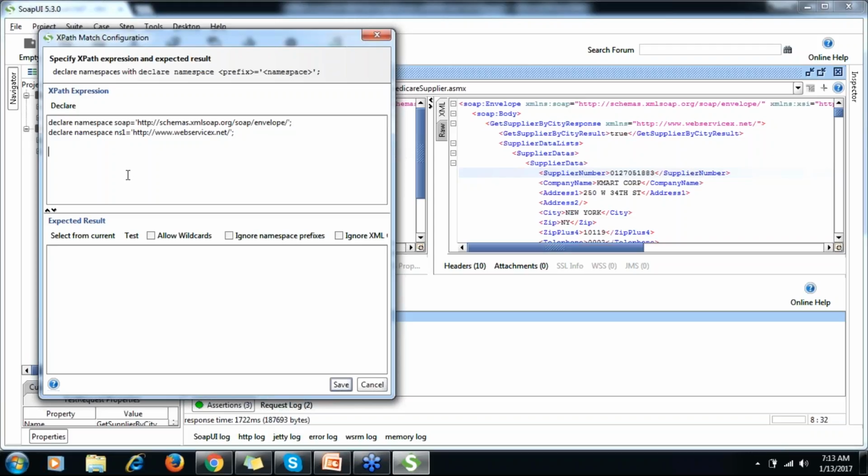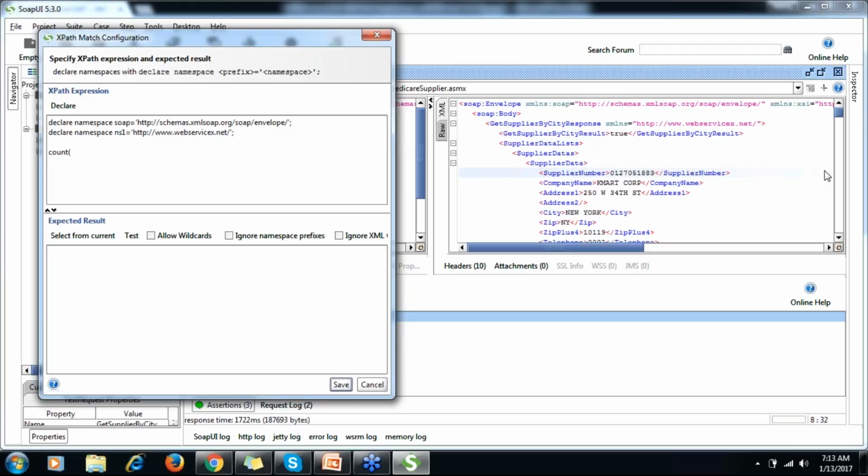Suppose in this case I want to count the number of suppliers because this is a huge list, and either I can go manually, which is a tough job, right? So XPath can solve your problem. And suppose you know in your database there are only 50 suppliers. When you write the query you see there are only 50 suppliers.